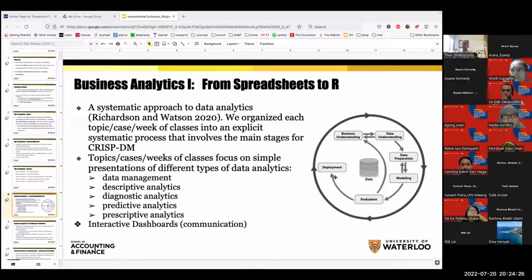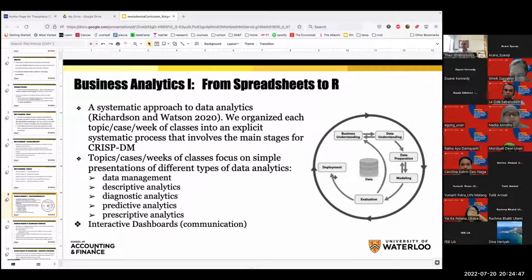So the way we designed this first course, every chapter, every week, every case we cover hits these 5 points in CRISP-DM. We start always with the business problem. We understand the data, prepare the data, create a model, evaluate, communicate. I typically, when I teach my class, combine model and evaluation as one step, and communication I consider